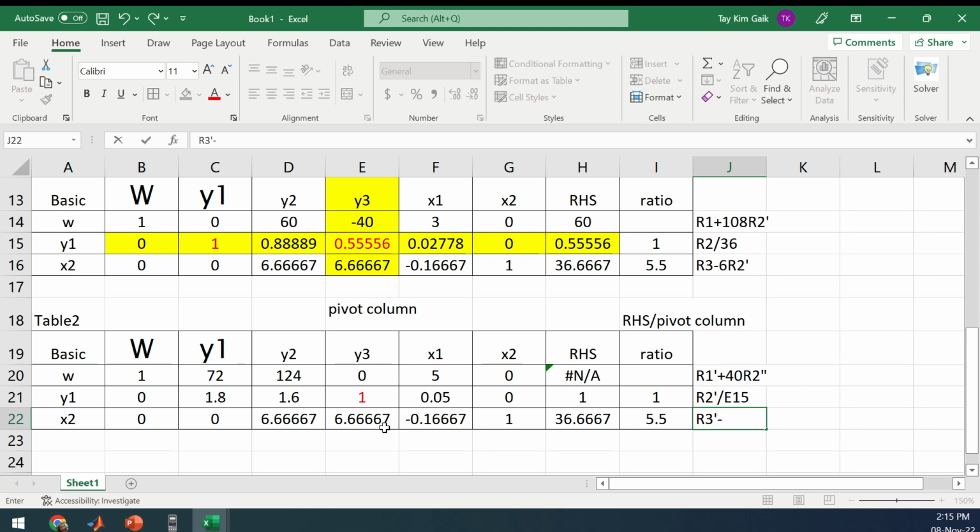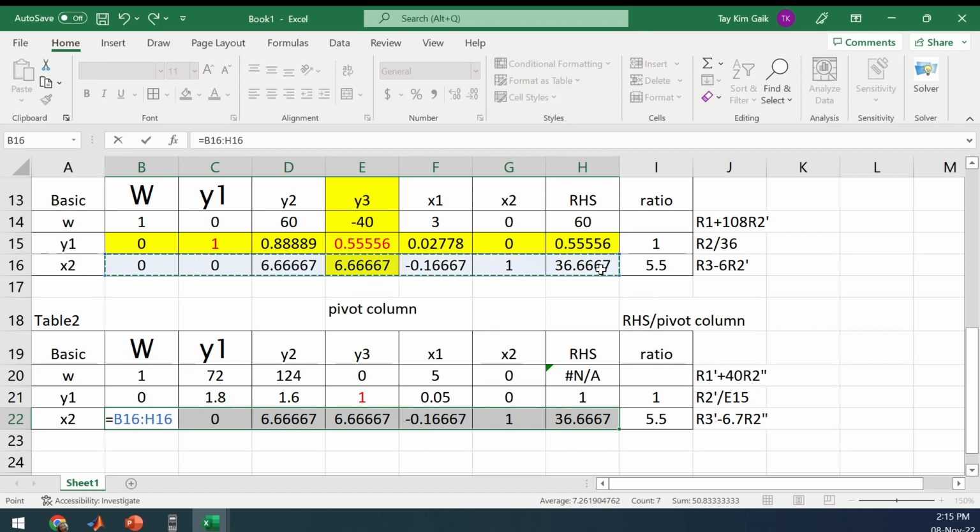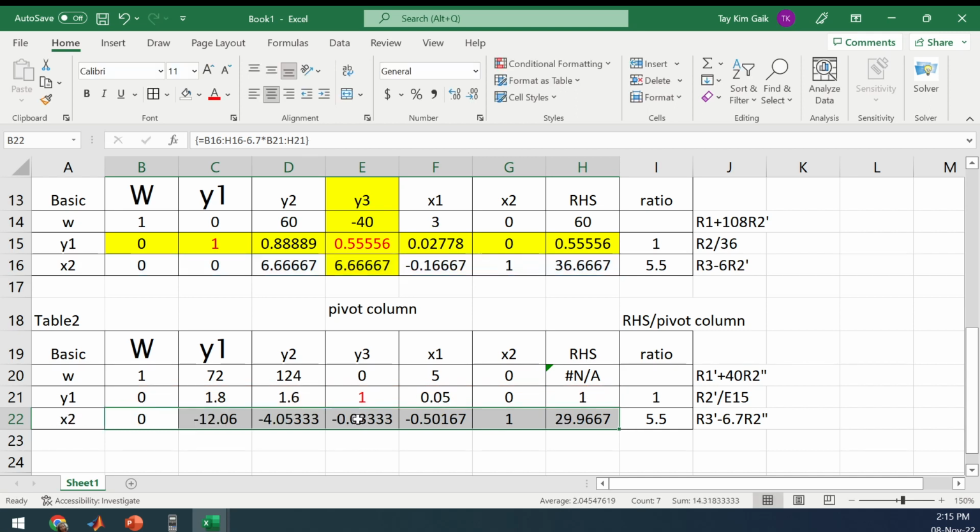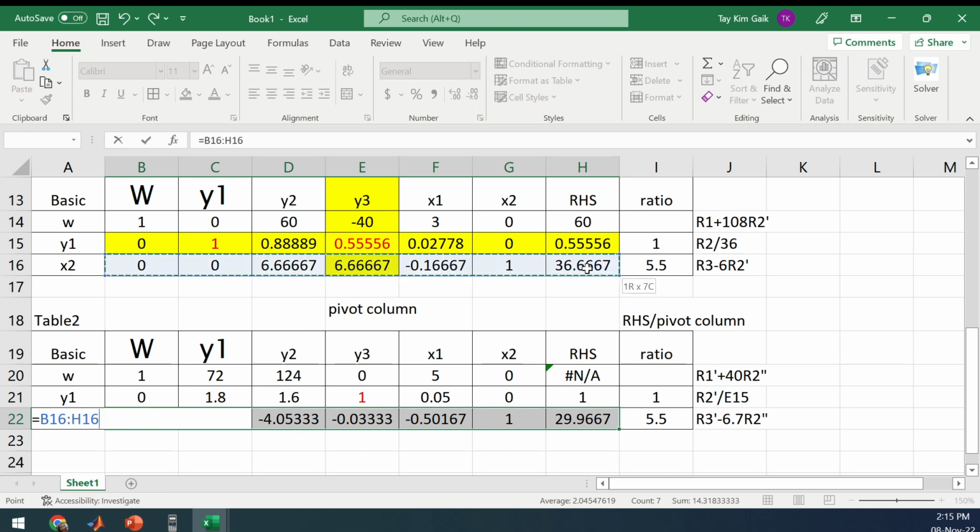If you minus, let's say, 6.7 of the R2 double prime, first of all, I show you, if you take R3 depend on the new R3, if you minus, let's say, 6.7 times of the new pivot row, you see what happened. Control Shift Enter. You see, it wouldn't get exactly 0. So to avoid this thing, what we are going to do is we take the previous